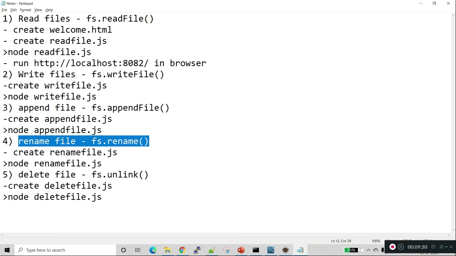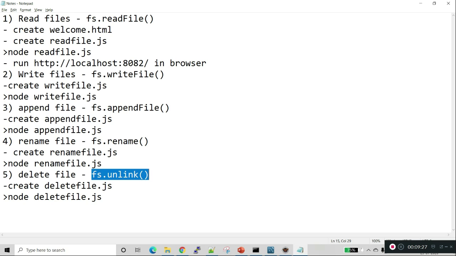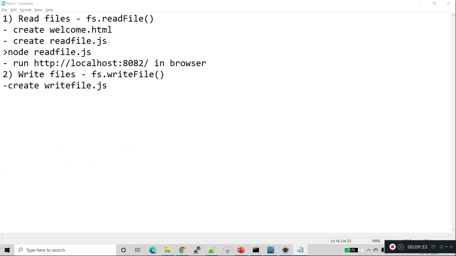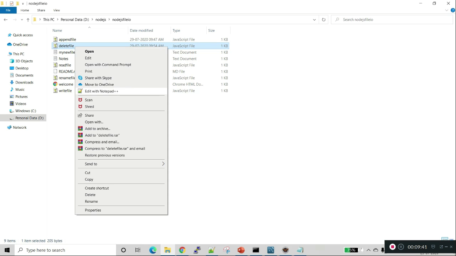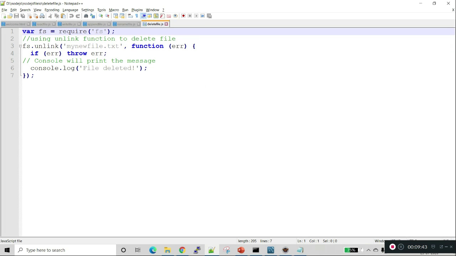The last exercise is deleting a file. For deleting the file, we are using fs.unlink. I have created a deletefile.js, so let's open deletefile.js.